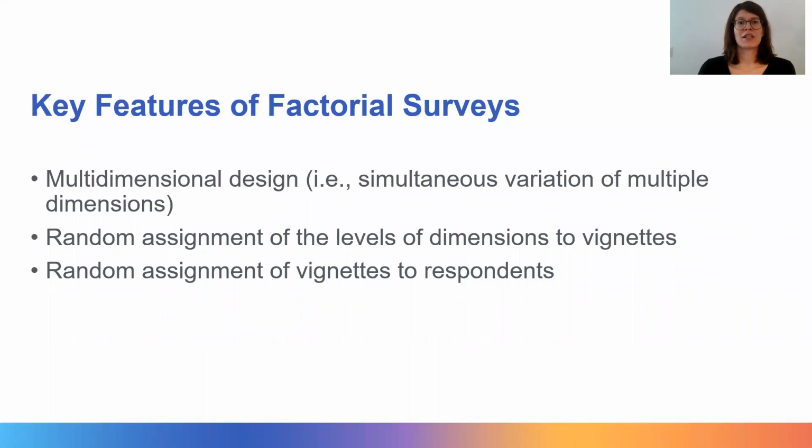But what are key features that all of these designs have in common? First, factorial surveys are characterized by a multidimensional experimental design. Researchers may vary the levels of 3, 5, or more dimensions simultaneously. This is different from direct questioning in standard surveys, where a researcher would ask respondents multiple questions sequentially. For example, how important is the crime level in your chosen residential area? How important is the number of playgrounds in your chosen residential area? And so on. It is also different from standard lab experiments, which, as I said, typically focus on only one